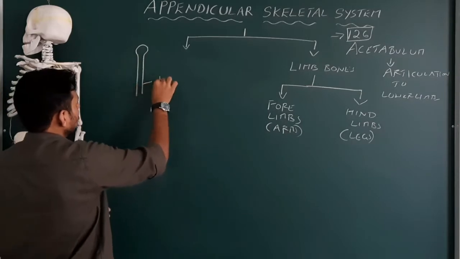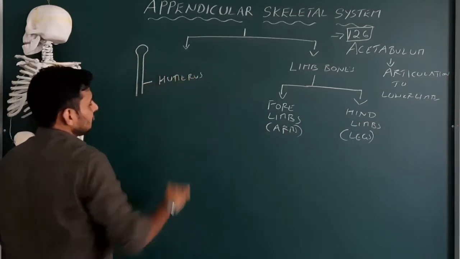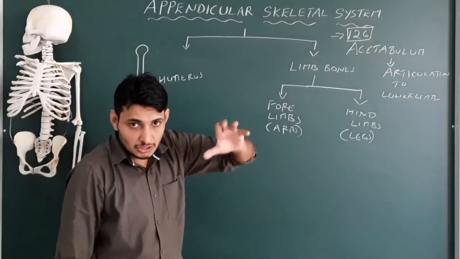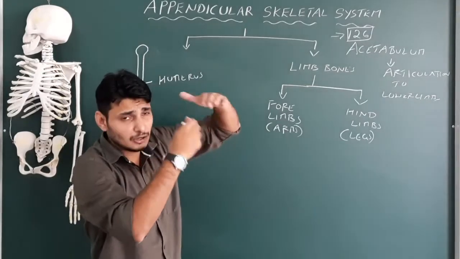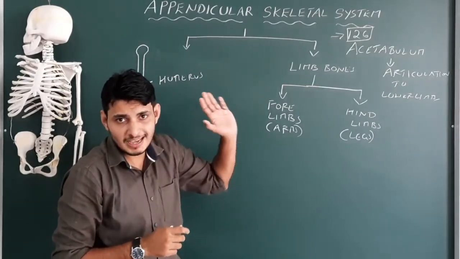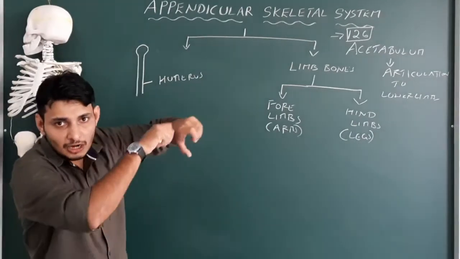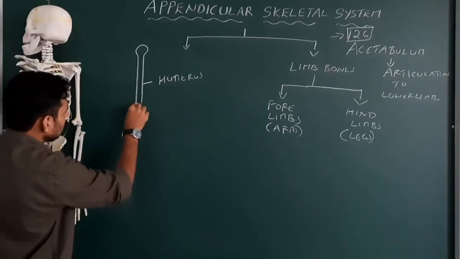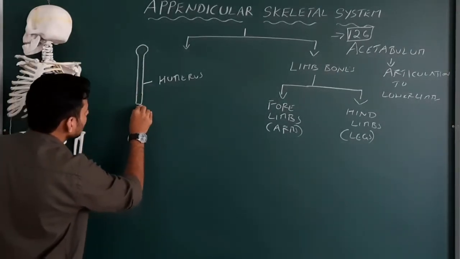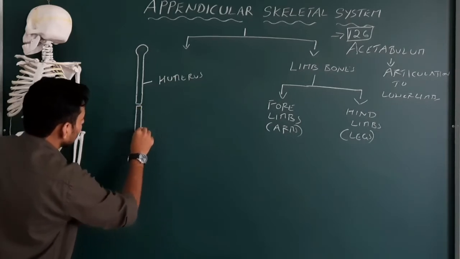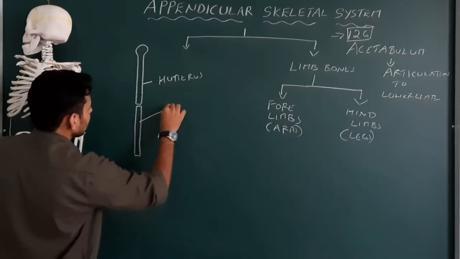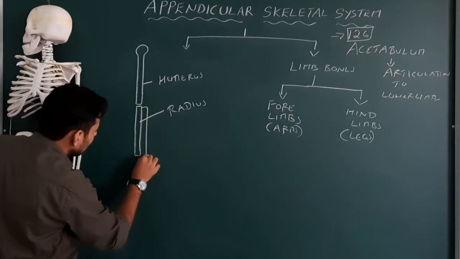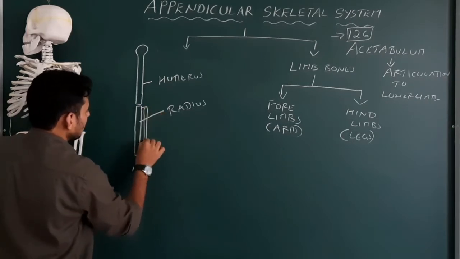So this is called the humerus. Okay, humerus is the first one. Humerus, and the head of the humerus looks like a ball shaped structure, because it has to be fixed to the structure which is called the glenoid cavity of the scapula of the pectoral girdle, that is for articulation. So we'll talk about that later, when I talk about the joints. And this humerus finally terminates, and from here another set of bones arises, and the bigger bone is called the radius, and another bone which is almost attached to the radius is called the ulna.